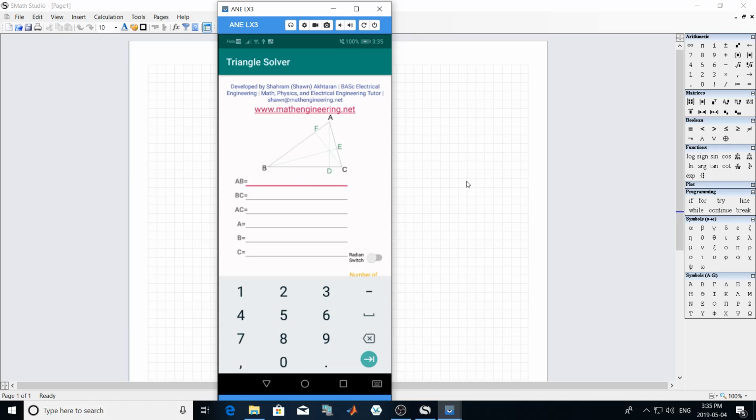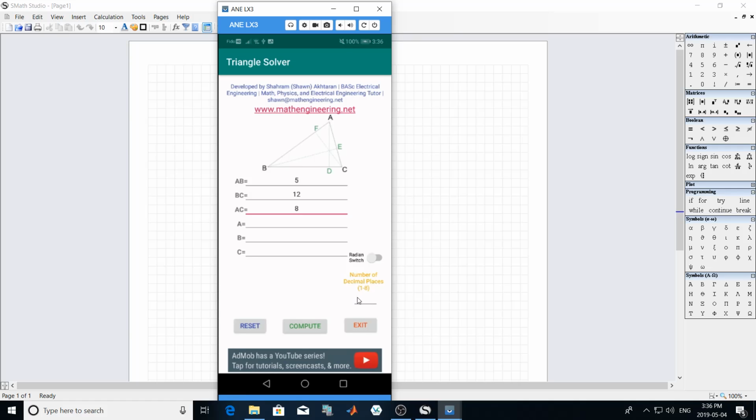In this video tutorial, I'm going to show you how to use my Android application called Triangle Solver to solve a triangle. Okay, let's start with an example. For example, if we know that AB is 5 centimeters, BC is 12 centimeters, and AC is 8 centimeters, and we want to compute the other unknown values of this triangle,